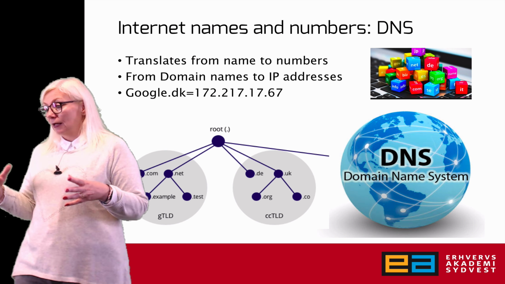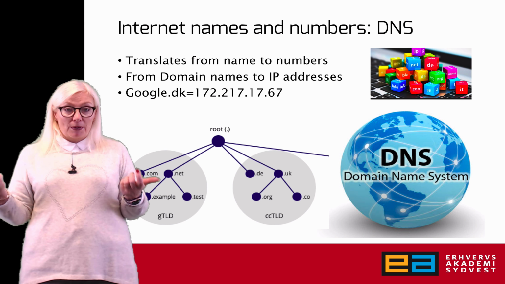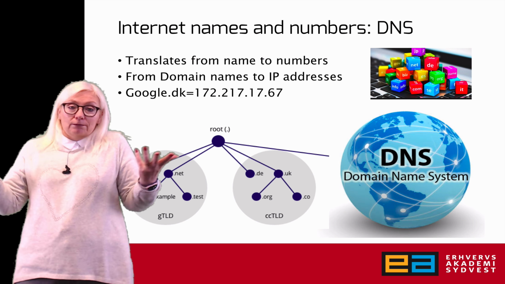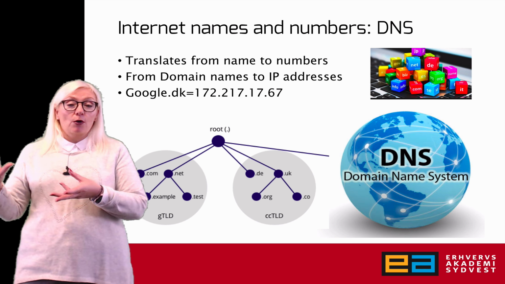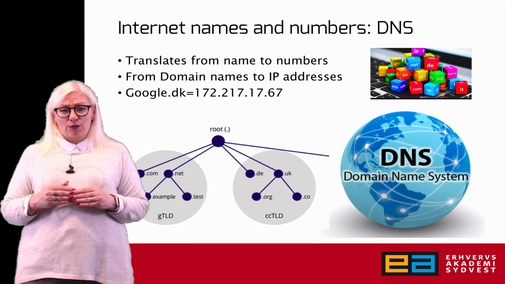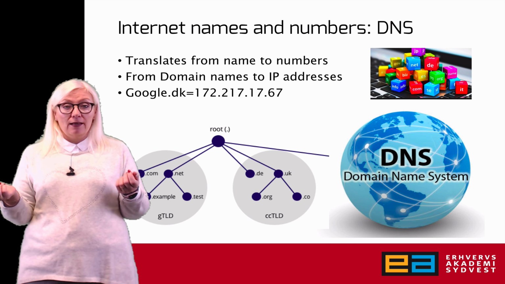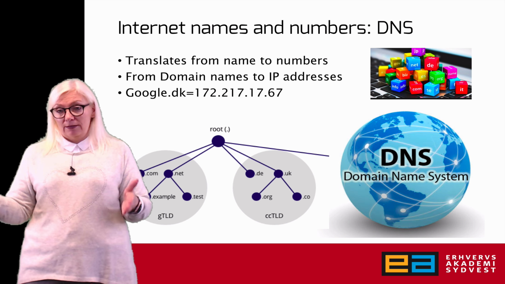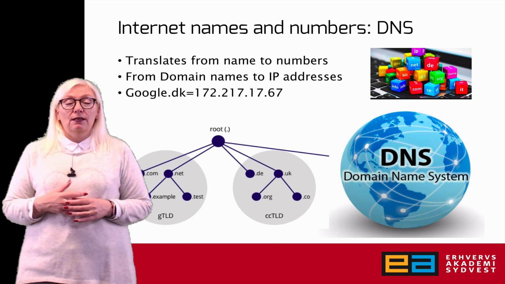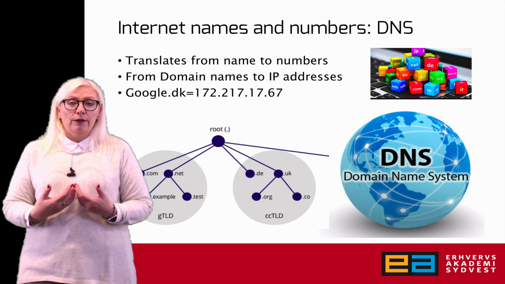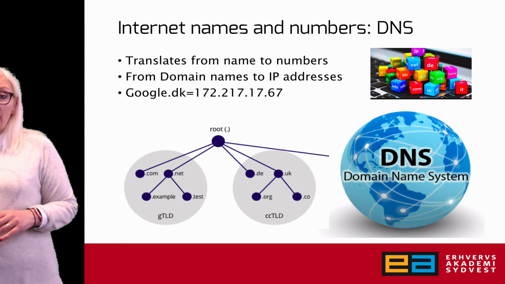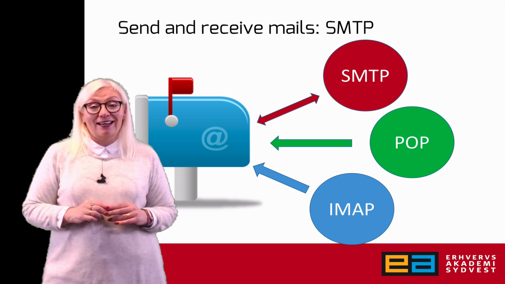And then we have the country domains for .dk, .uk, .no, and whatever countries. They all have their own domains. And we can also have subdomains, for instance, easv.dk, and then we can have a subdomain underneath that again. So it's a hierarchy which makes us have more domains available to us. In the very top, we have the root domain, which is actually the dot in the end of a domain